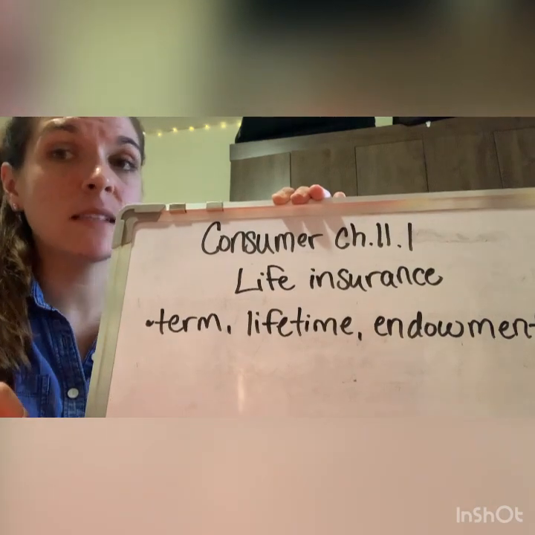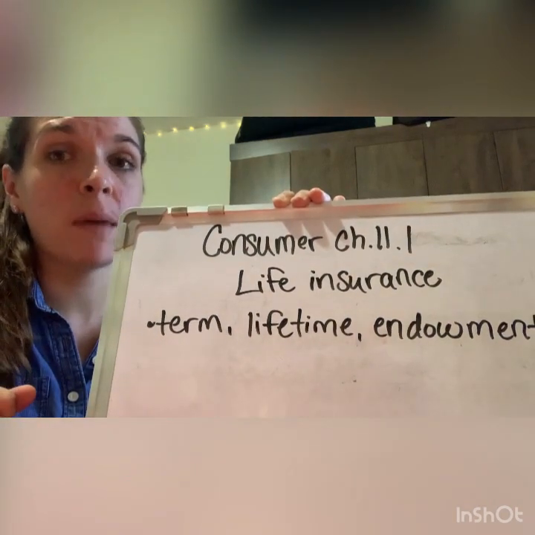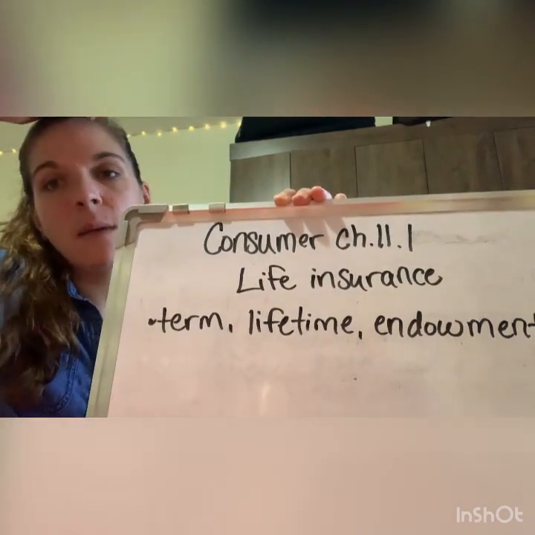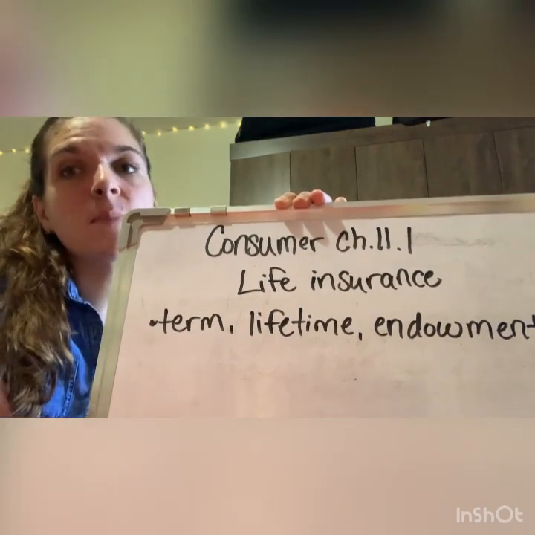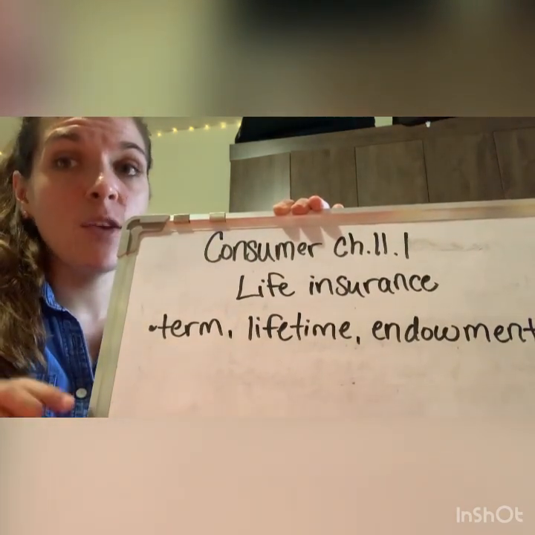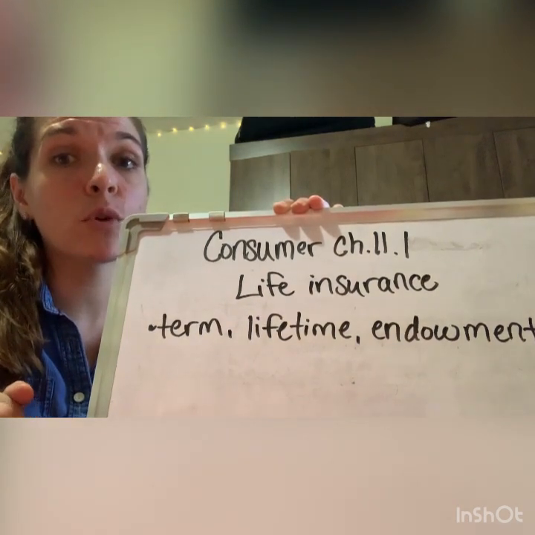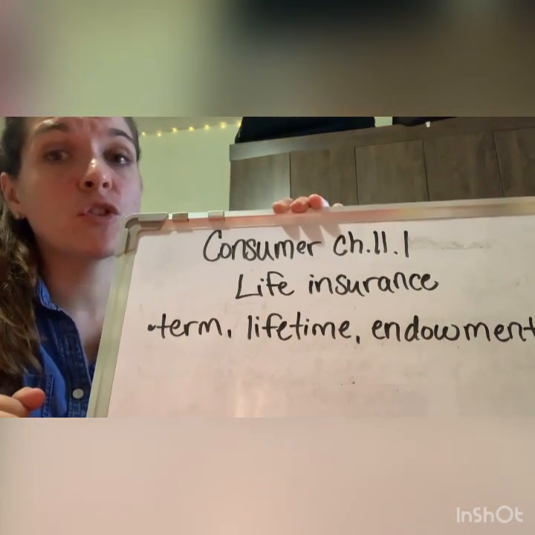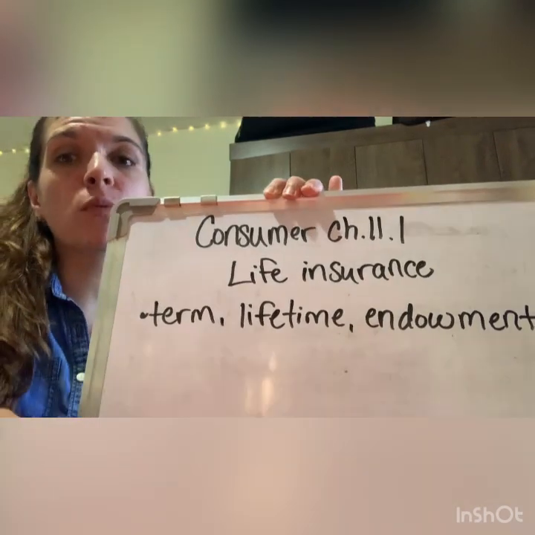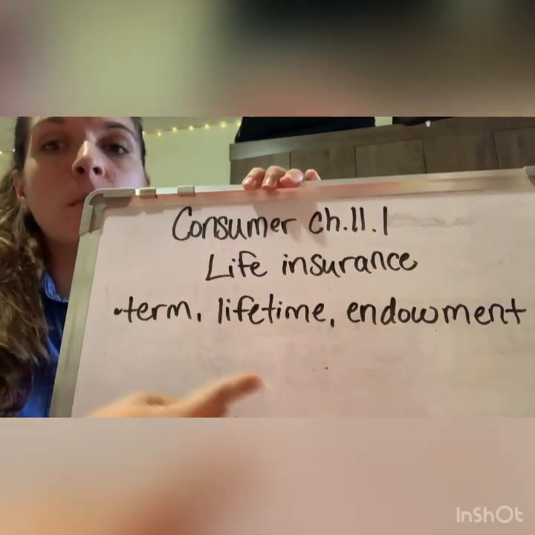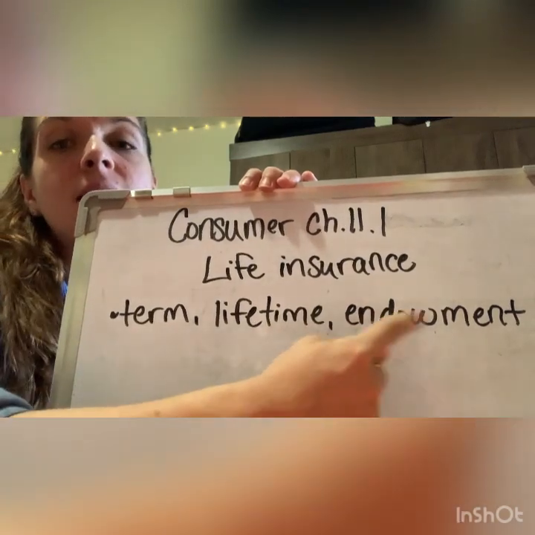It's investments, different ways to invest your money on things that are necessary to think about the future. Okay, you can't just be spending money for today. You can't just be saving money for tomorrow. You need to be thinking about your future always to be wise stewards of your money. We're going to be talking about 3 different types of life insurance today: term, lifetime, and endowment. I just wanted to highlight those 3 words before we get into the text today. So let's go ahead and read it together, and then we'll see the math that's involved.